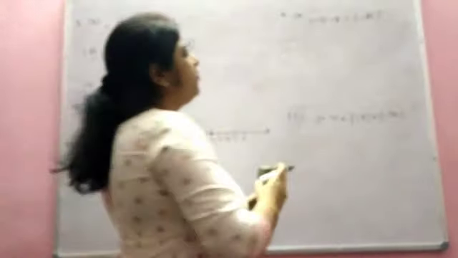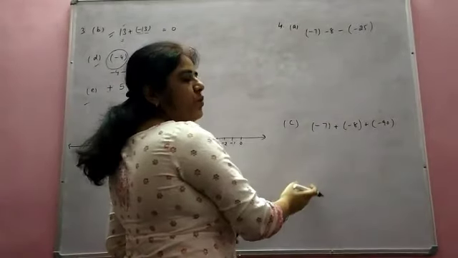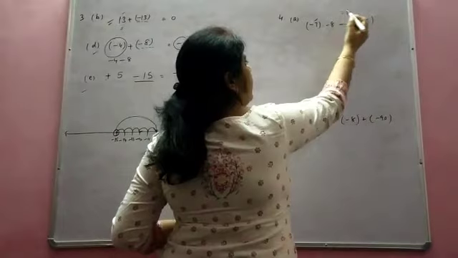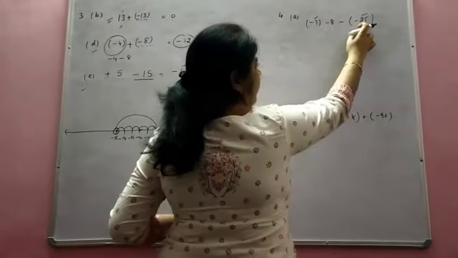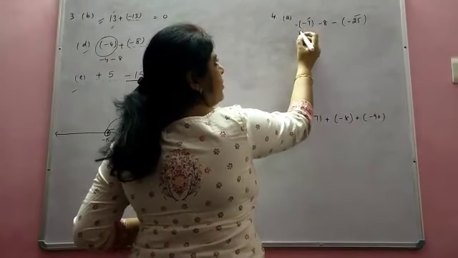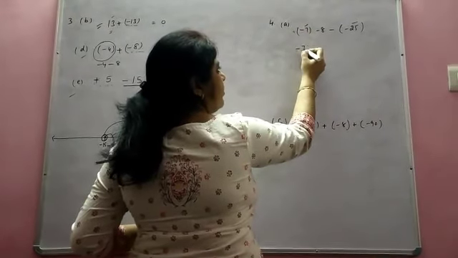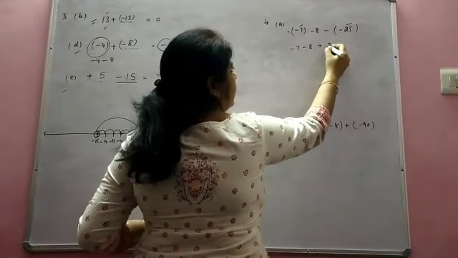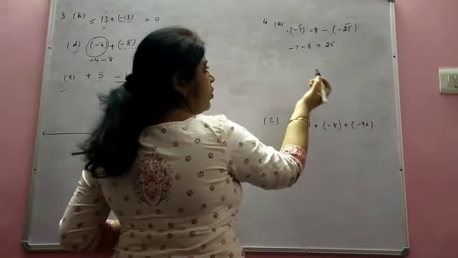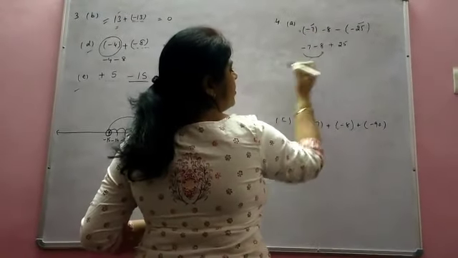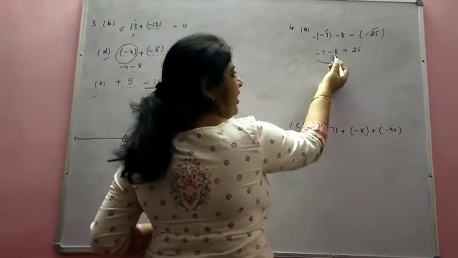Now come to question 4. We have the expression which we have to solve. First see that a single number must be in the bracket. Yes, we have. Now open the brackets. No sign before it means plus. Plus minus becomes minus 7. Minus minus becomes plus. Now students, we are solving it. We move left to right. Solve these two first.